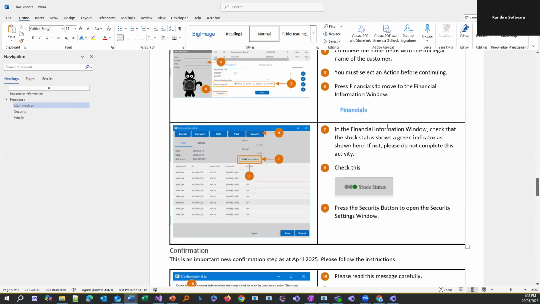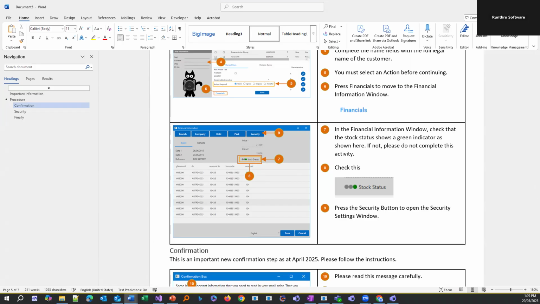So step 7 with the arrow attached to it just points at this section. Very good. Step 8 with the rectangle attached to it carves it out and puts it in here. This little carve out makes sense because I think it connects to where it is on the screens. What is it? Where is it? Help me find it. In this example, stock status is pretty obvious where it is, and it's very clear with step 7. But in some cases, with a really complex screenshot, carving out the picture and showing them where it